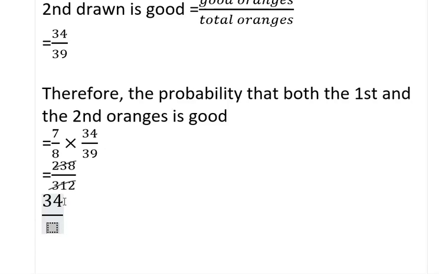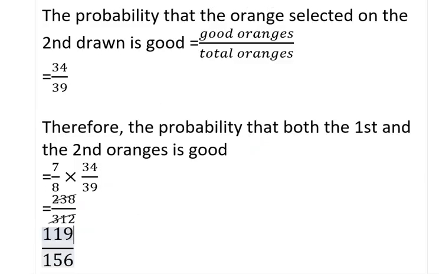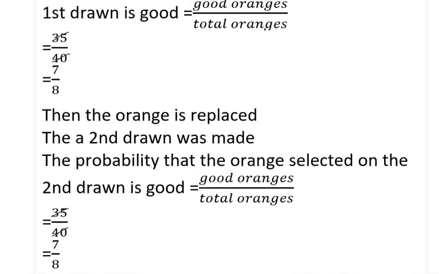So we have 156, and we have 119. Awesome. So now that the oranges are drawn without replacement, this is the probability. Good. So for question number 2,